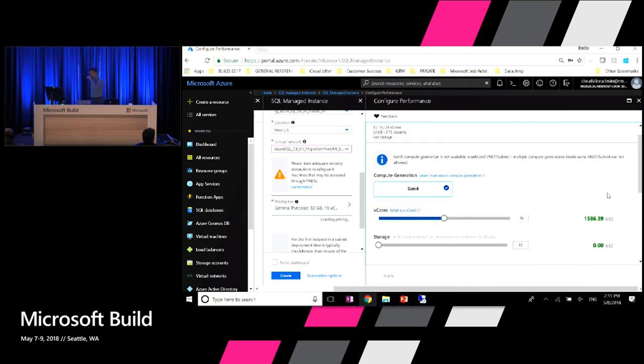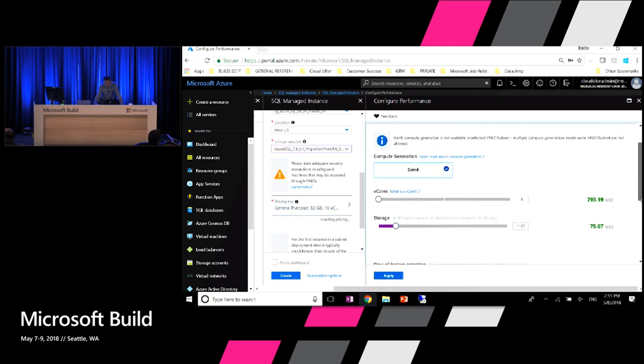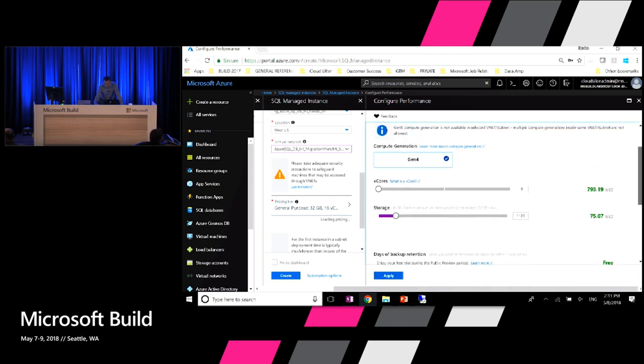There are a few things that you can select in service tier. One is the hardware generation. Currently, for me, only Gen 4 is available. The specifications of hardware generations are available publicly. And then you can specify how many cores and how much storage space you want to have using these sliders. And this portal actually calculates the cost for you. So that's a monthly cost. Yes? So depending on the service tier, I'll explain that later.